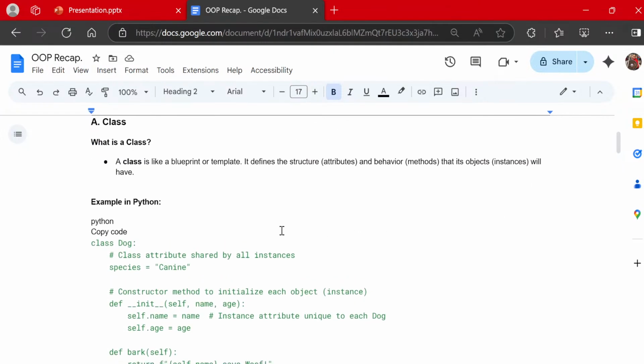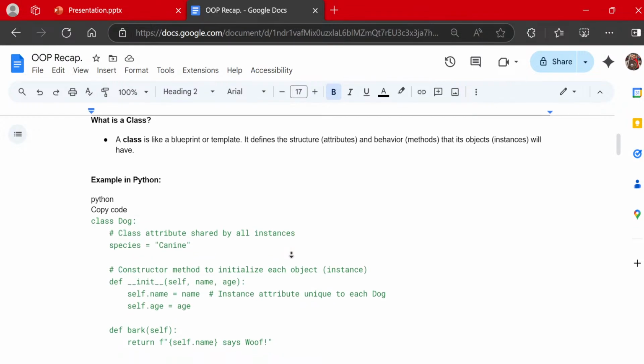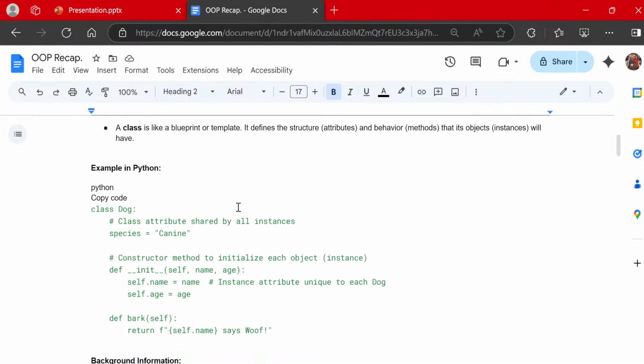Here is a class overview. It's describing a class like a blueprint or template. It's more of the basic framework of what the class will be, how the program's going to work, and its objects, methods. The structure is the attributes being made